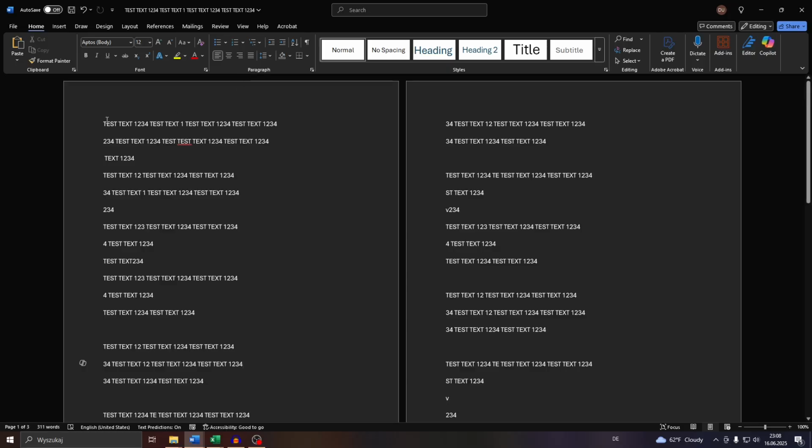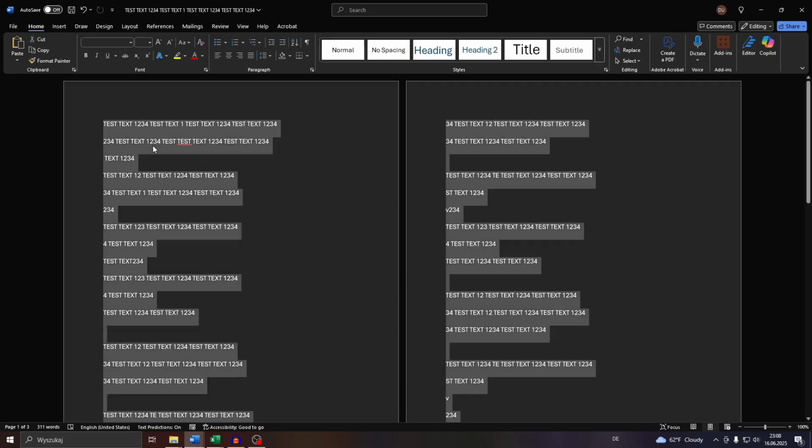So what you want to do, guys, to apply the line spacing to your entire document, at least that would be my recommendation, would be to select the entire text by pressing Ctrl A on your keyboard, just like that. And after that, here in the paragraph section, click on that arrow down icon next to line and paragraph spacing